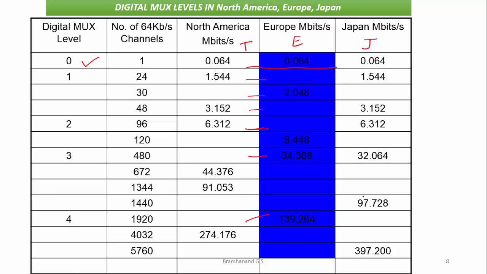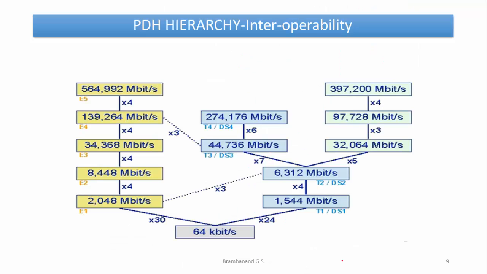But in digital mux level 4, there is no similarity. It means that there is no similarity between these two standards, the T carrier hierarchy and the E carrier hierarchy, between North America and Europe. But still, there were some provisions made in the PDH hierarchy to have interoperability between